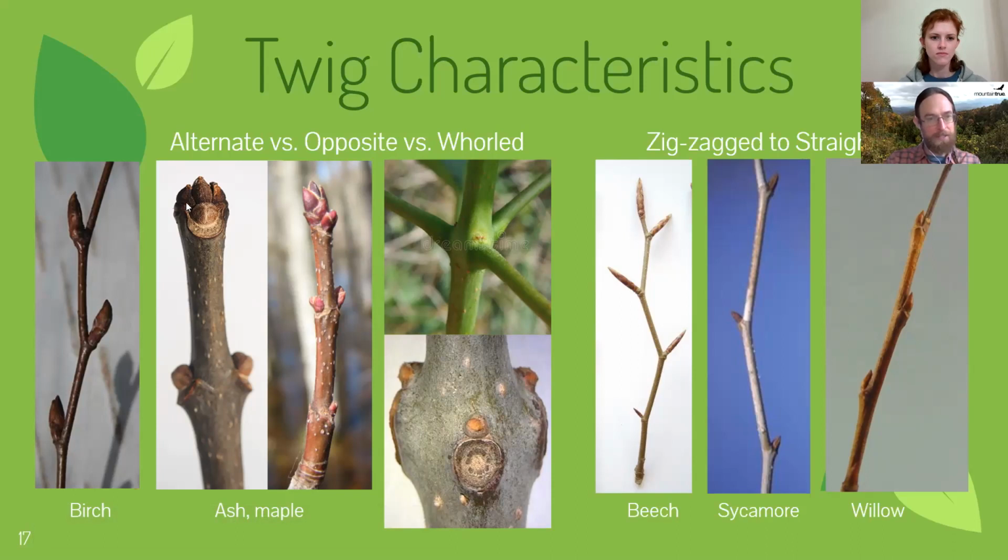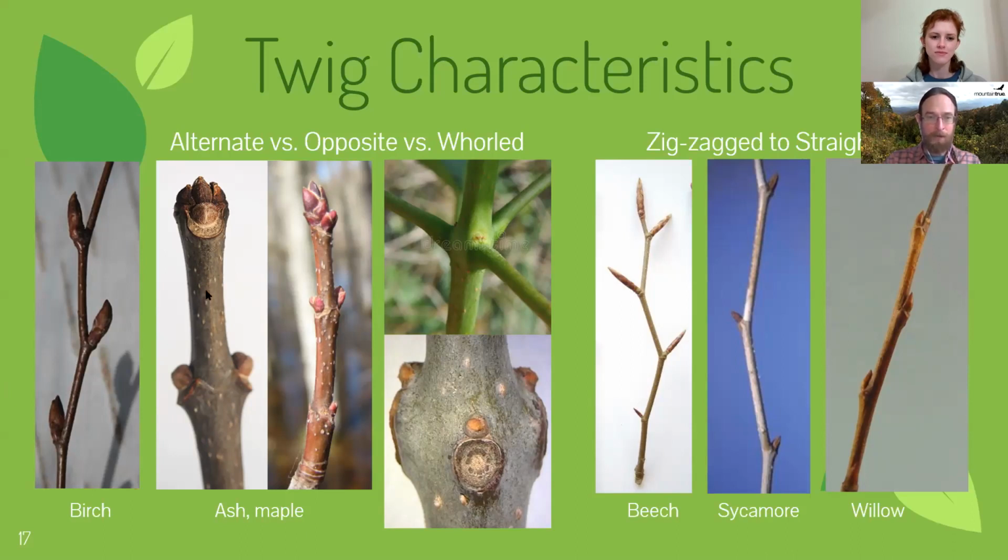Also, notice the shape of the bud at the tip. That's called the terminal bud. The terminal bud can tell you a lot. So when I was learning winter tree ID, my teacher Irene Rossell told me that to her the buds on the ash looked like a Hershey's Kiss. Now, to me, they didn't really look like a Hershey's Kiss, but I still remember that. Everybody has their own way of remembering, and so maybe it looks like a Hershey's Kiss to you, but if you can find little tricks like that that can help you remember,